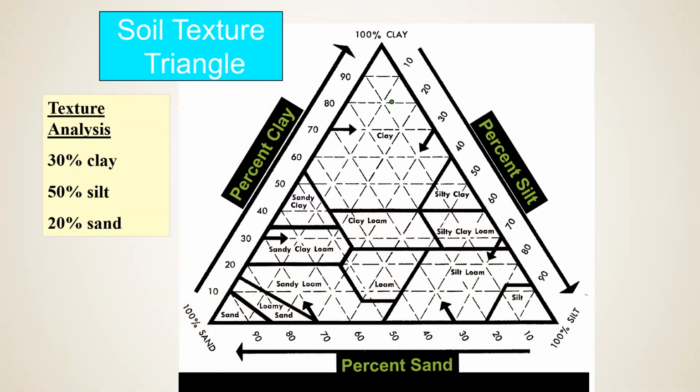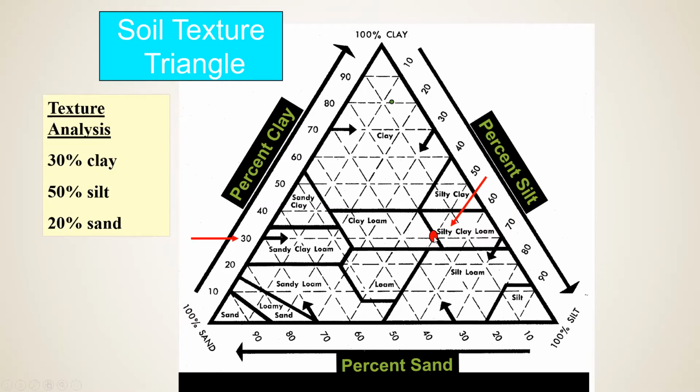So looking at the texture triangle, if we're looking at a silt or a silty clay loam, that is going to be right about here. And if we're looking at these arrows, these tell us some useful information. On the percent silt side, we're looking at where these lines intersect. Going this way from percent clay, we move from left to right, and from the sand down here, we move up from the bottom in a diagonal.